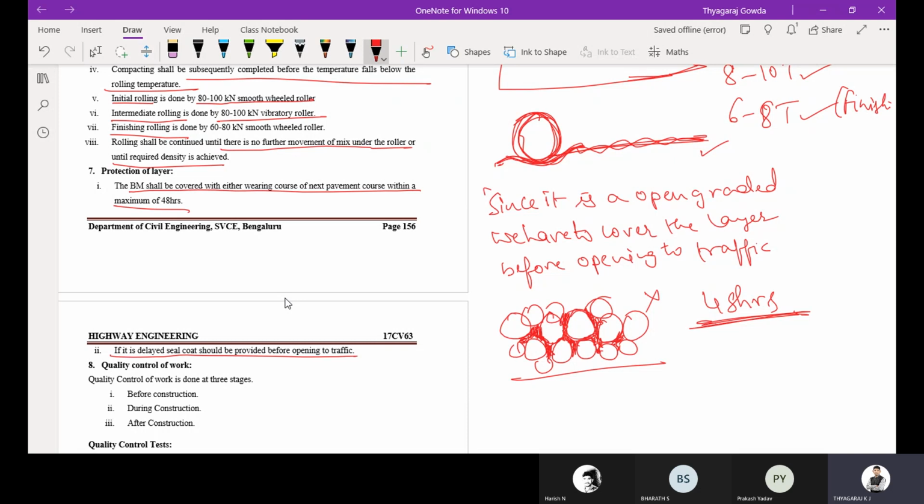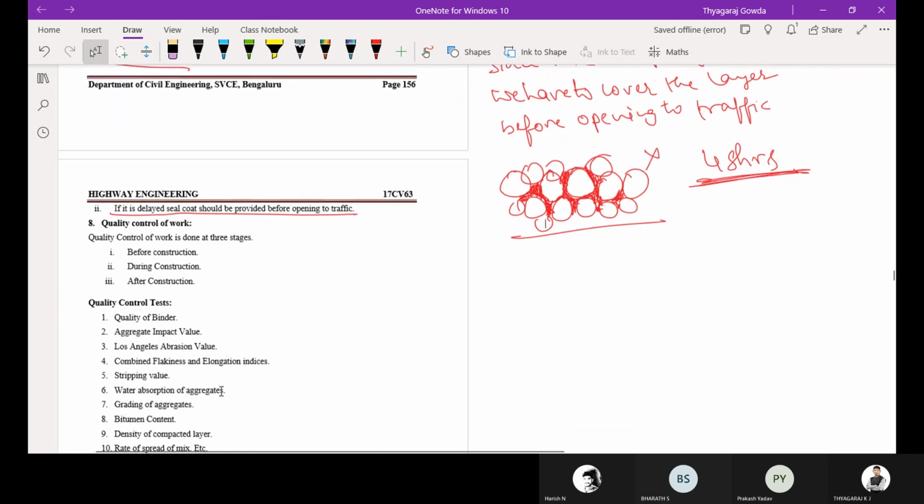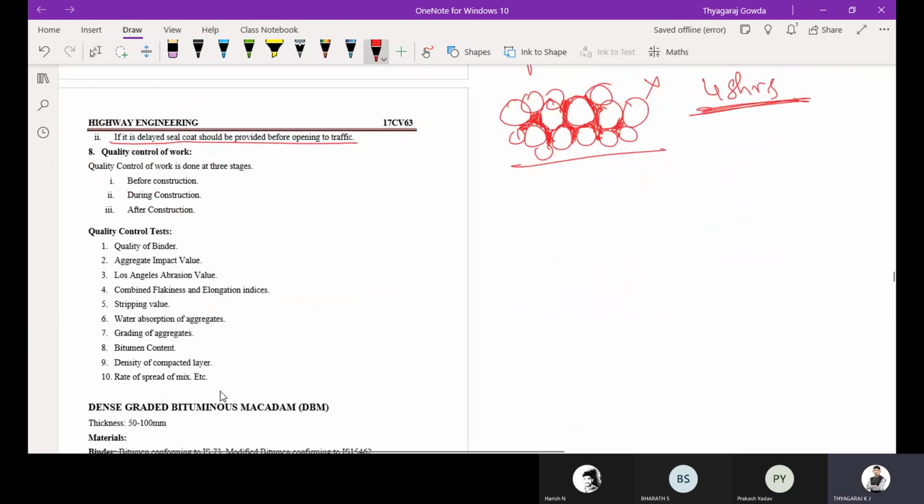Then what are the quality control works we are going to see? There is quality control before construction, during construction and after construction. And what are the quality control tests you are going to conduct?